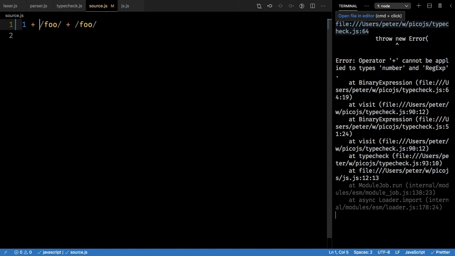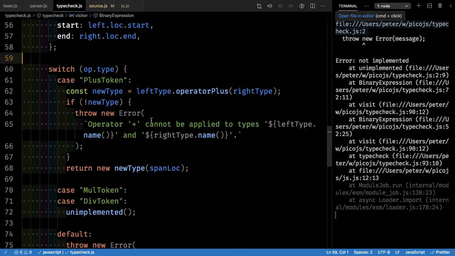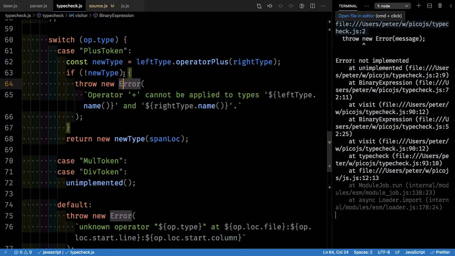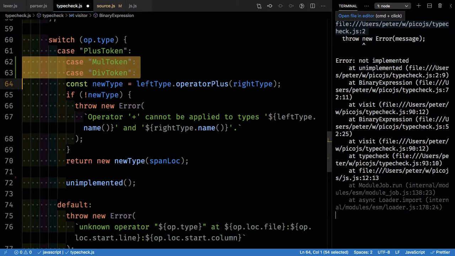Why? Because it's a plus. Yeah, then we probably need to do multiplication not implemented. Great. Good. For mul token, it will be exactly then the same. And for div token, it's exactly the same. So let's do